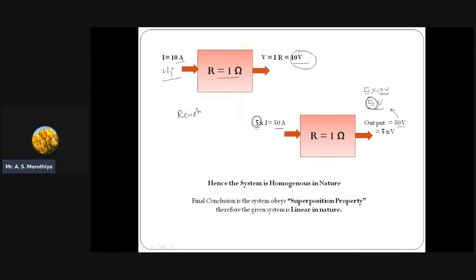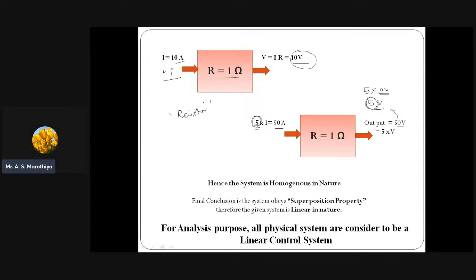I hope now this point is clear to everyone, and from this lecture onwards you don't have any confusion about why a resistor is called a linear element and why it is not non-linear. Because a resistor is going to obey the homogeneous property and the additive property simultaneously. Because it obeys both properties simultaneously, that means it obeys the superposition property, hence it is linear in nature. And for ease of analysis, what we consider is that